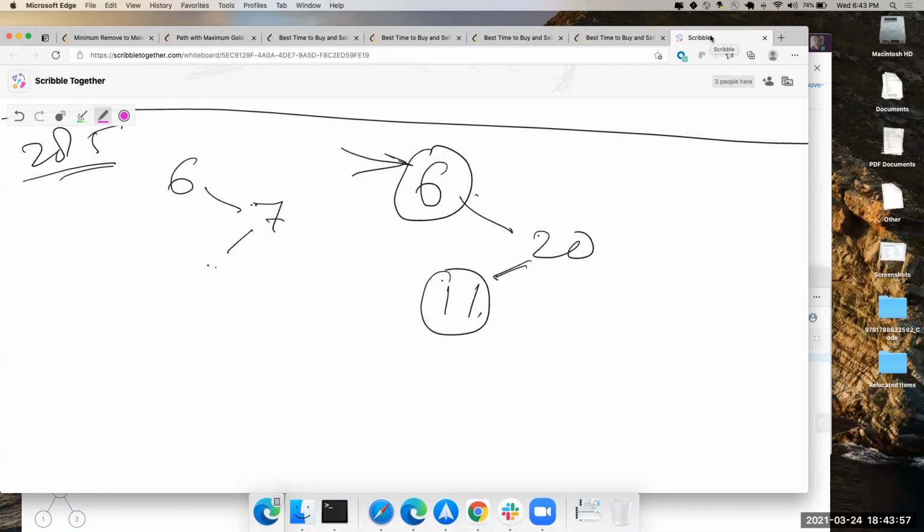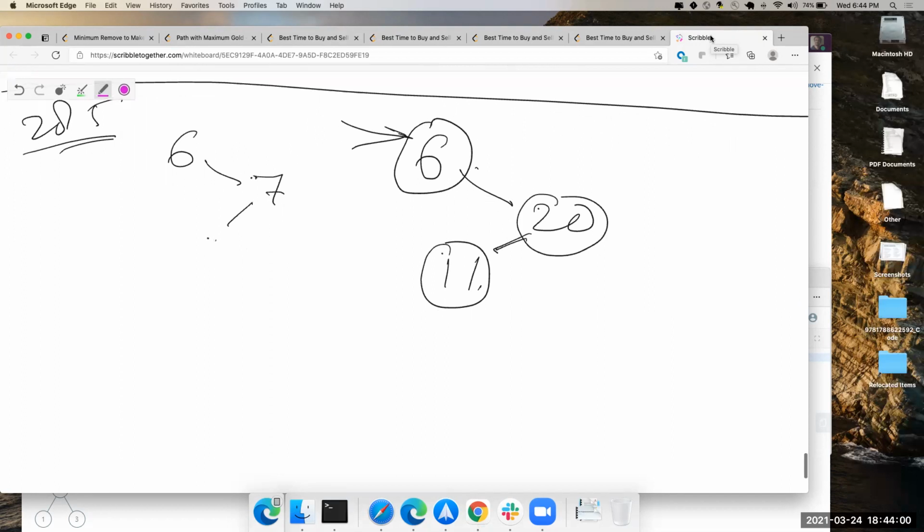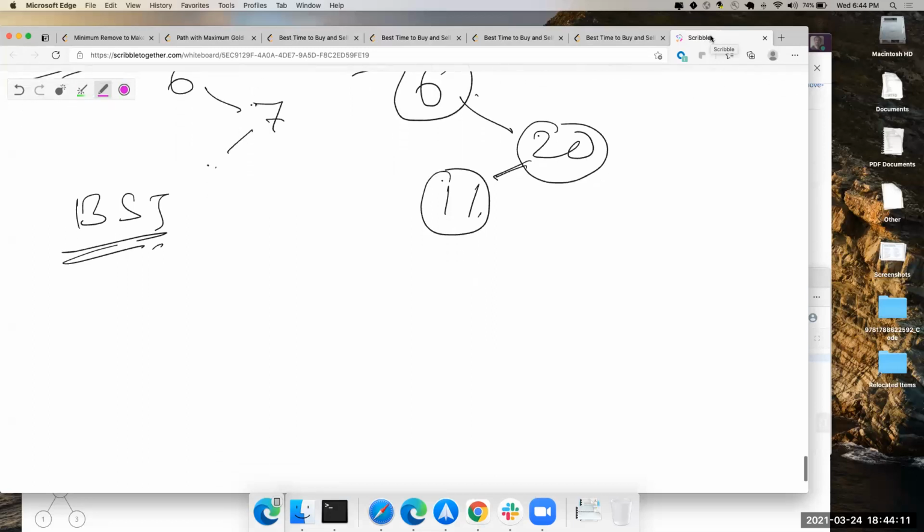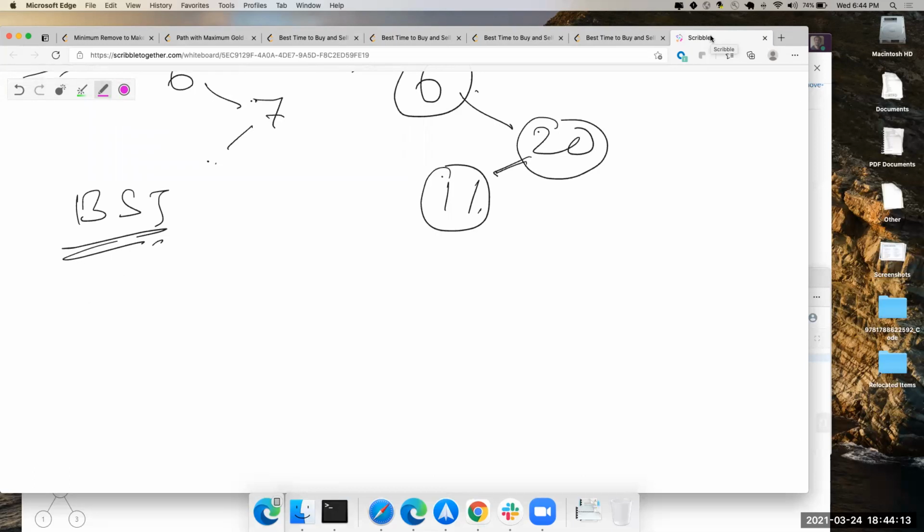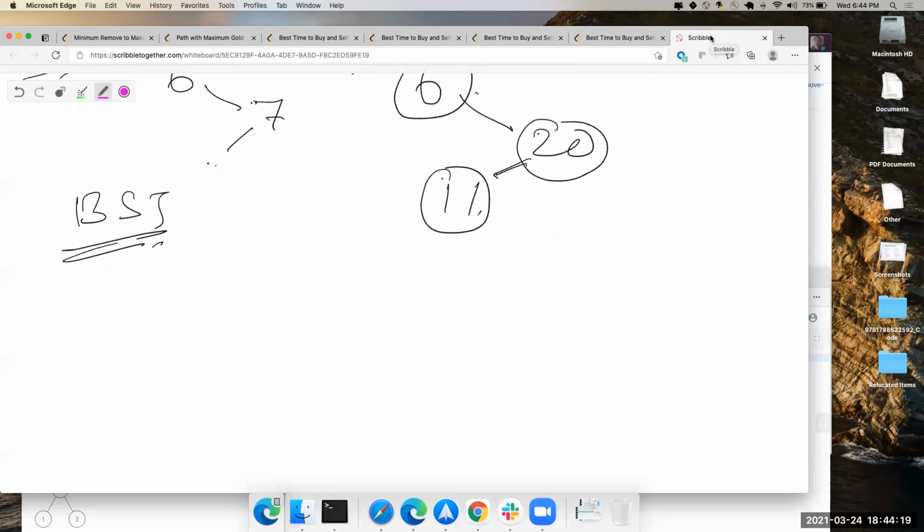The solution that directly comes to mind is recursion. You do an entire in order traversal of the binary search tree. How do you do that? You start at the root node and do an in order traversal. Give me the code. For each node, you go to node.left, then you go to the current node, then you go to node.right, and you do it recursively.